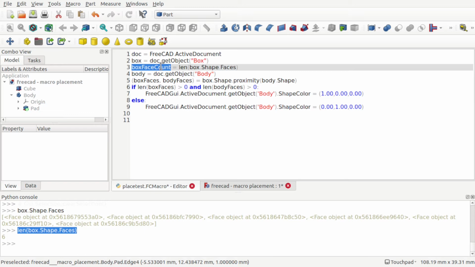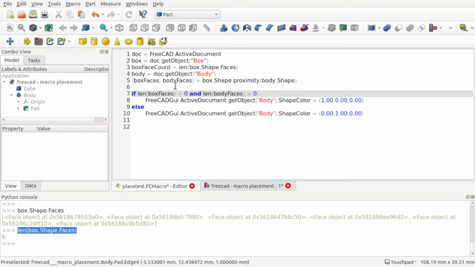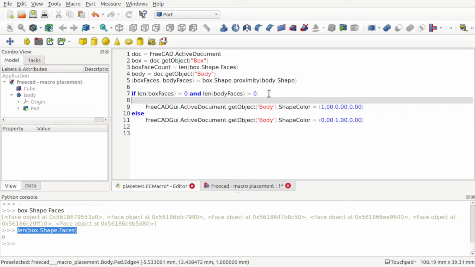So we've got our box face count, and in here I'm just going to hit enter so we section these out a bit. We've got the length of the box faces, and I'm going to drop into here and say if the length of the box faces, don't need that bracket there, let's take that out, and that's come back as 6, so we've got 6 faces there. So I'm going to remove the top face, so I'm just going to say 5